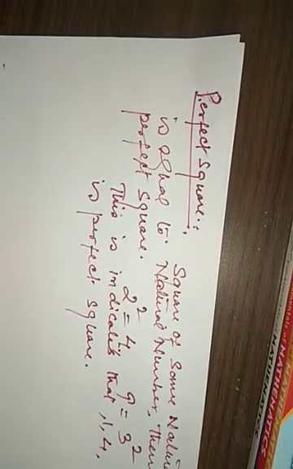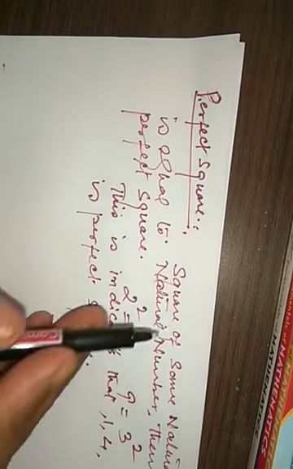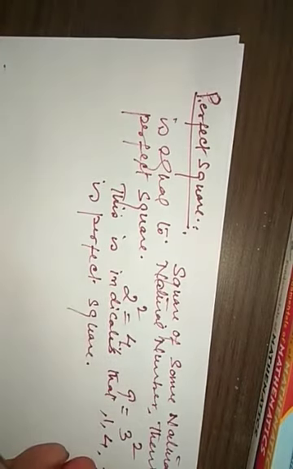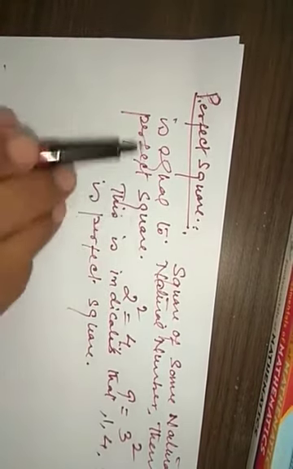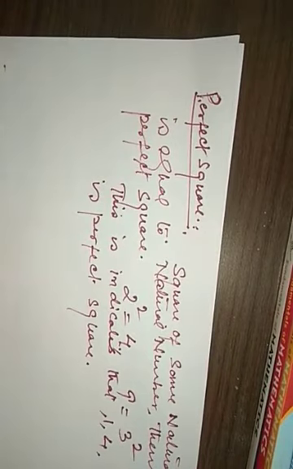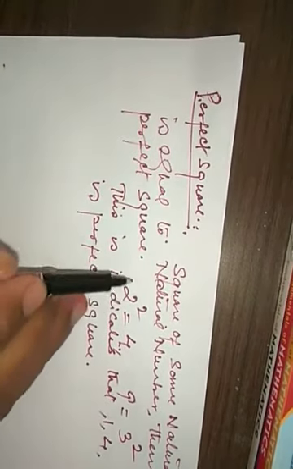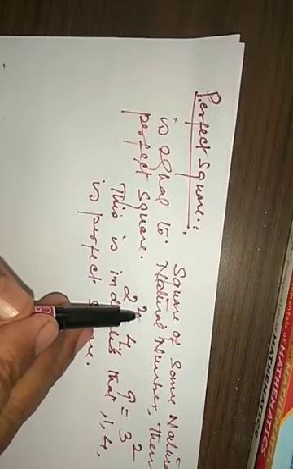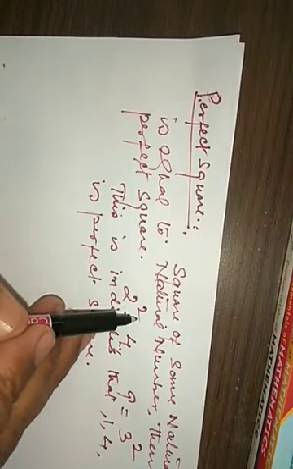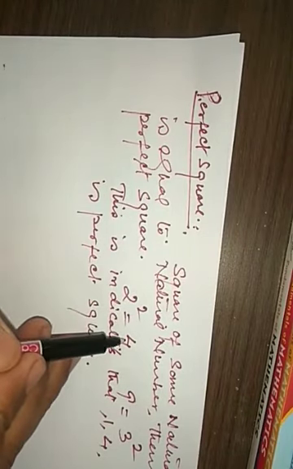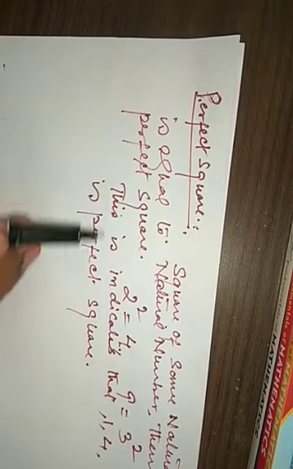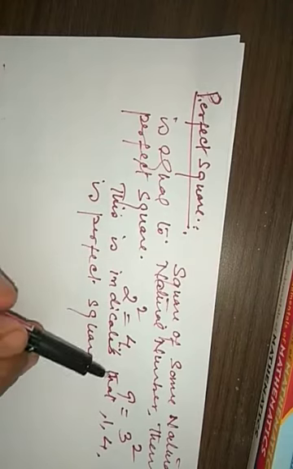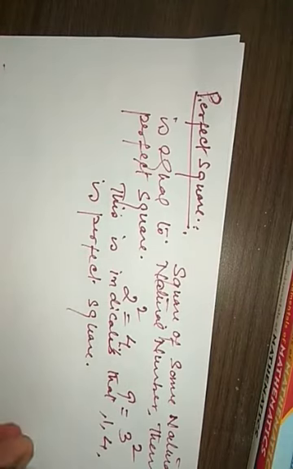Okay, now let's understand what a perfect square is. The square of some natural number is equal to the natural number, then we say it's a perfect square. Now how to define it? Like 2 raised to the power of 2 is a square of the natural number, which is equal to 4. Like 9 is equal to 3 raised to the power of 2. This indicates that 1, 4, 9, 16